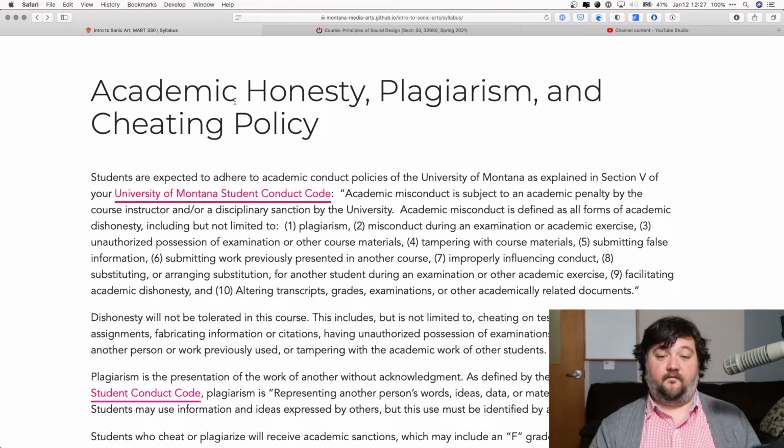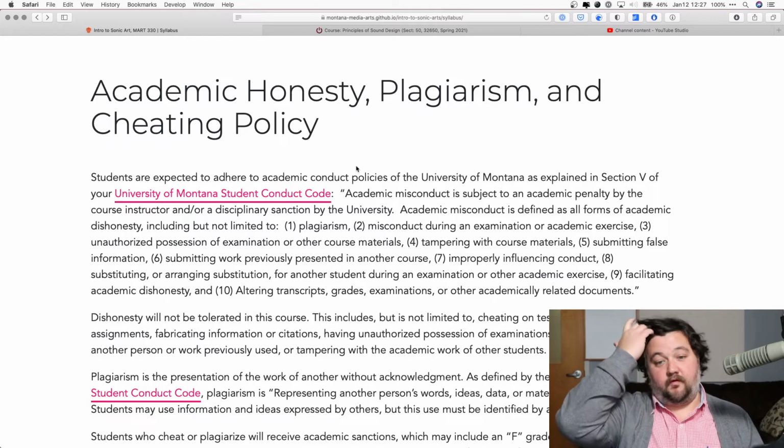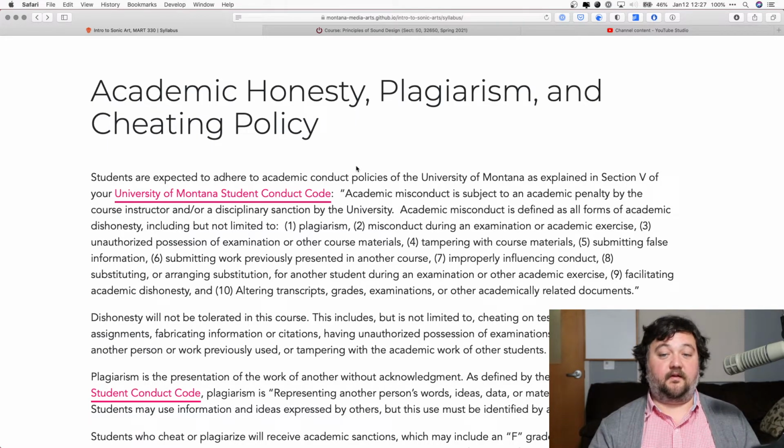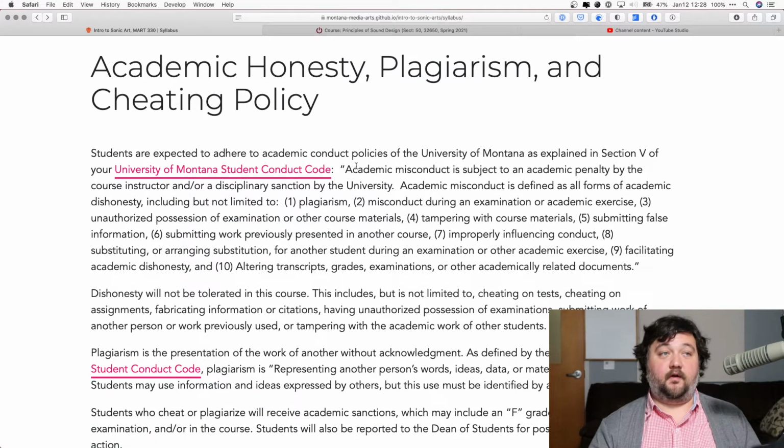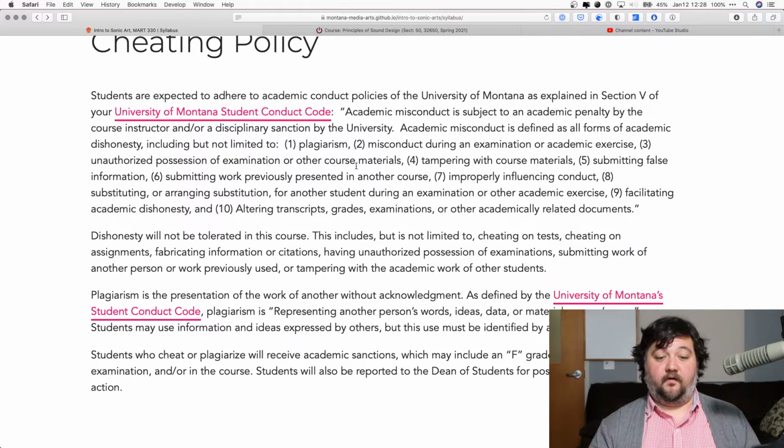This comes from the University of Montana's Student Conduct Code. So I'm assuming you're all familiar with that. Essentially, do not cheat. Please be honest. Do not plagiarize, and we won't have any problems. If you do, I have the right to fail you for the semester and kick you out of the remainder of the course. I likely won't go that far, but let's not get to that point, okay? There's no reason to cheat. There's no reason to plagiarize. If you're behind on an assignment, talk to me. We'll figure out how to get you caught up.